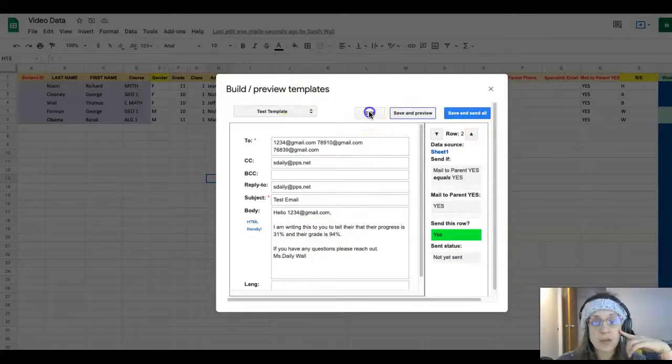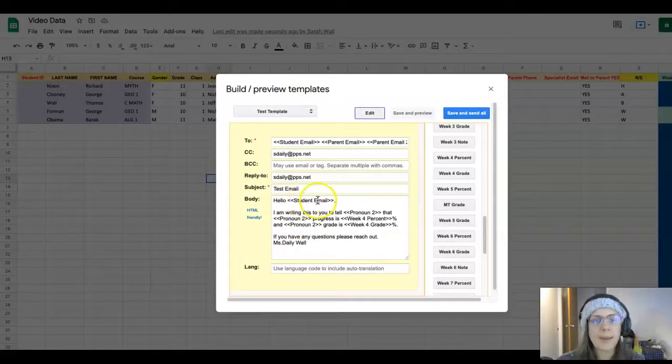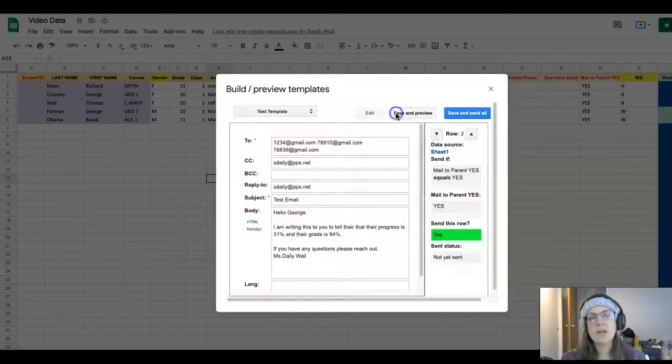Okay, so I need to go back. So now I'm going to click edit and I'm going to go back and I'm going to go, oh, well, no kidding. I put student email when what I needed was first name. And then, except you should spell first correctly. First name. And then I'm going to save and preview. Oh, good. That goes to George for row 2. Okay, and that goes to Thomas. But, oh, look, Richard still, he didn't have a percent the first one. So I need to go back and I need to take yes out because then I'm just sending him an